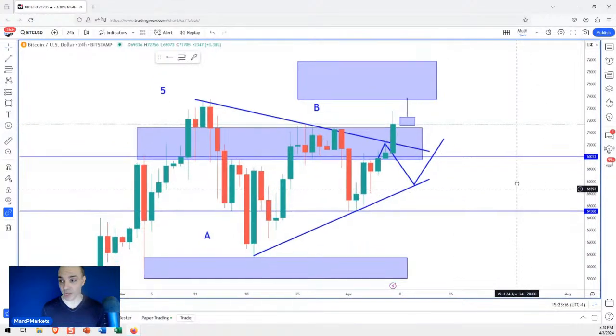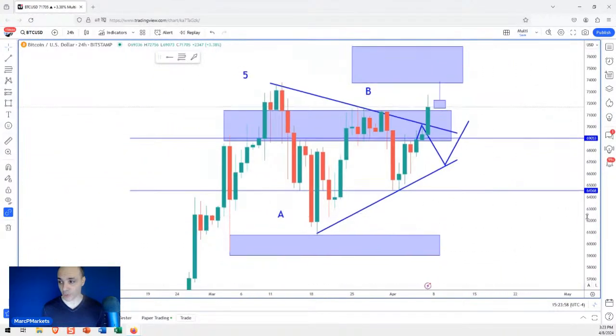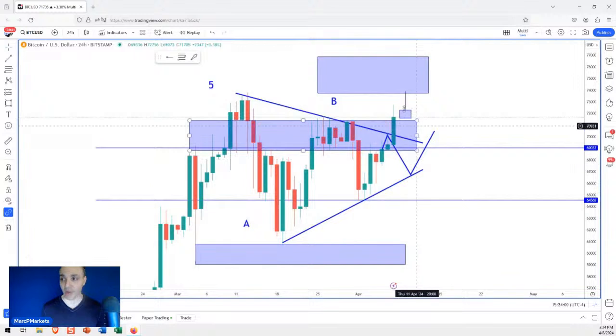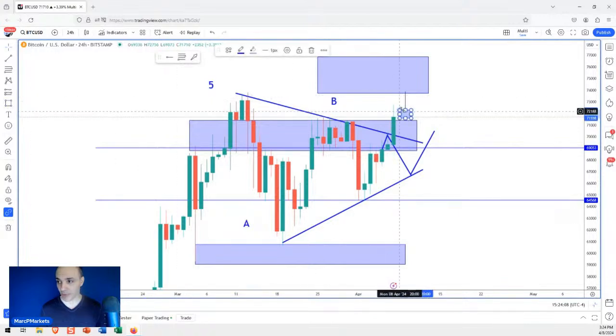Now, the general trend here is bullish, and there's no question about that. And we're just consolidating right now. There's nothing bearish about this. It's possible that we can break out and push higher if we see a push. Now, so that was the fake out scenario, right? If we fake out right away.